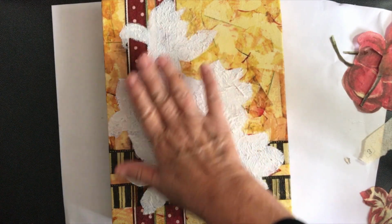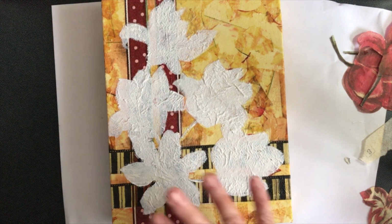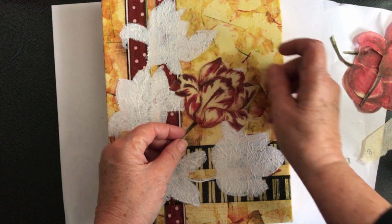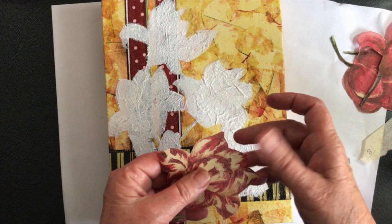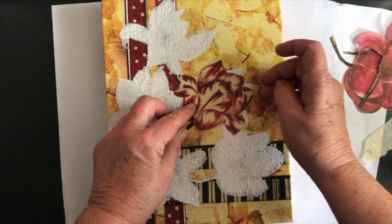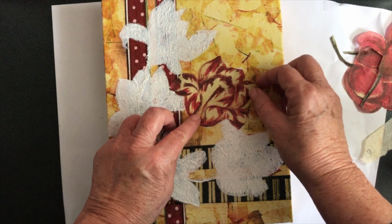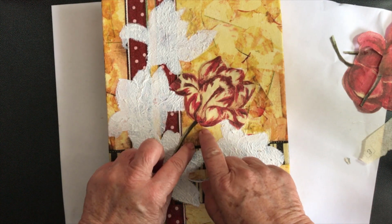The white parts are all dry now, and the next thing I did before I just automatically glued them on is I sat these over the top, and I made sure that no white was going to show. Because let's face it, we're not all perfect when we're painting, and we can make a mess at times. So okay, now I can see a little bit of white there,